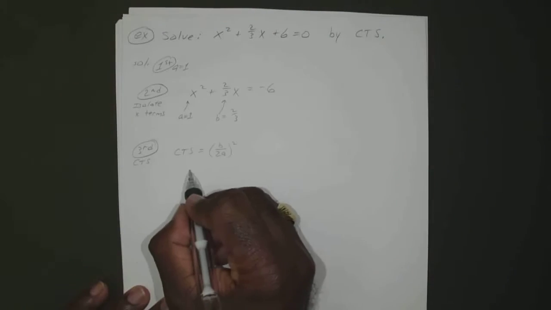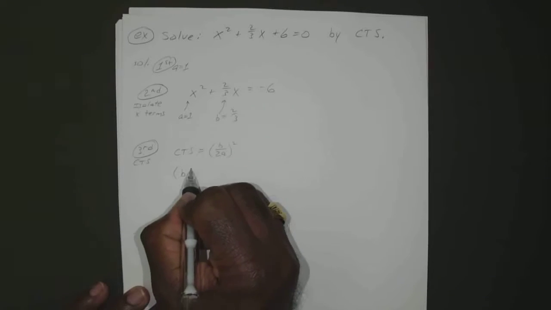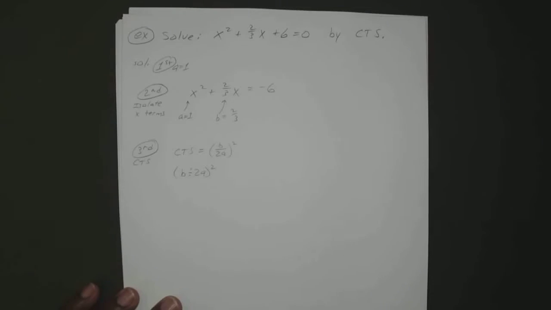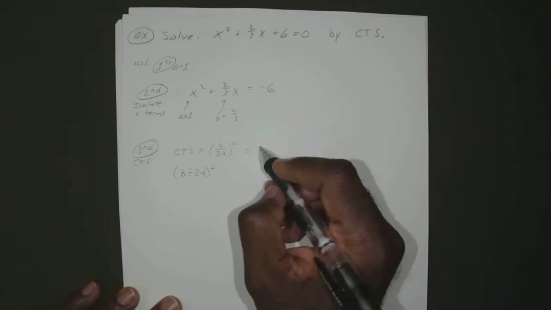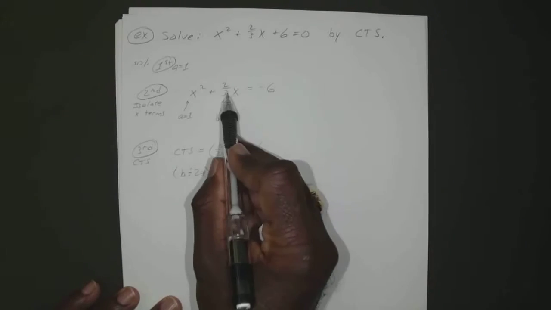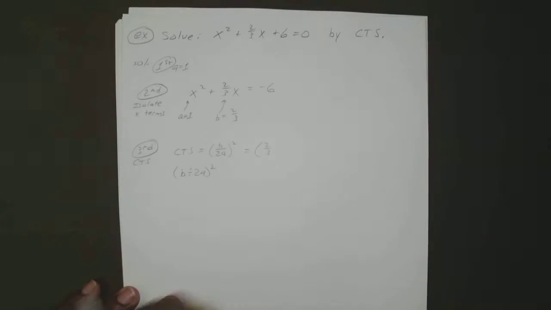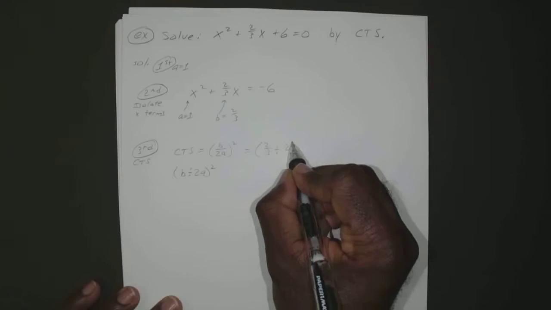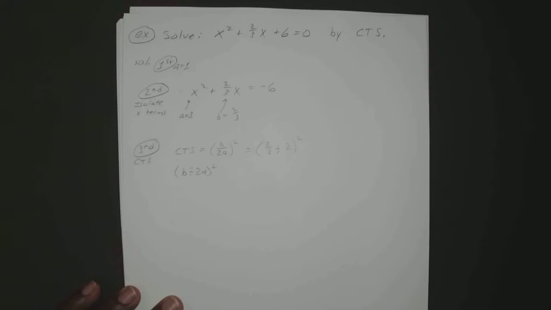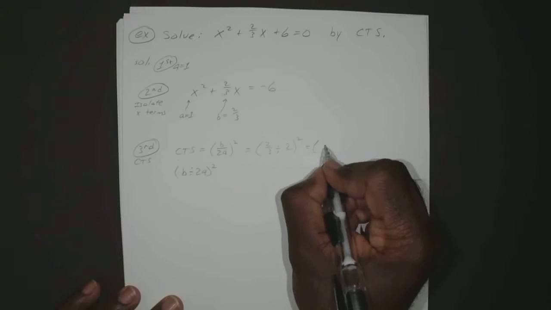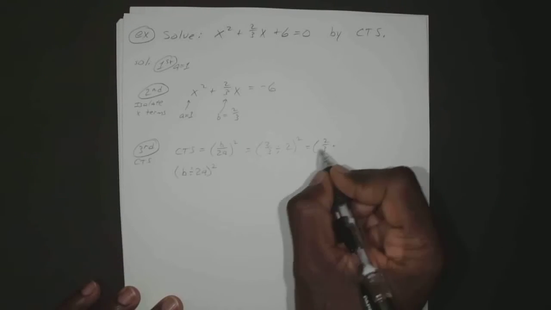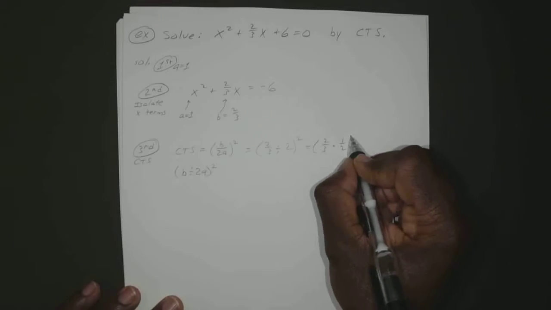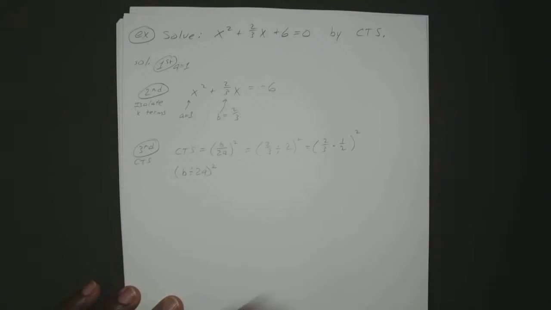And if you wanted to, you could rewrite it as B divided by 2 times A, squared, which is equal to B, which is 2 over 3, divided by 2 times A, which is 2 squared, which is equal to 2 over 3 times, and we flip our second one. That becomes 1/2 squared,